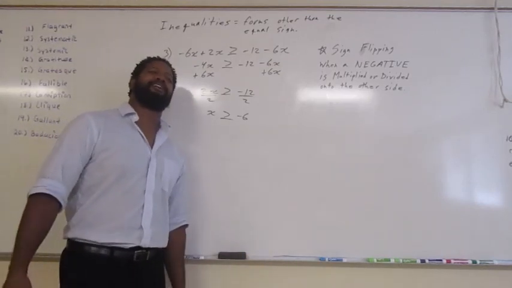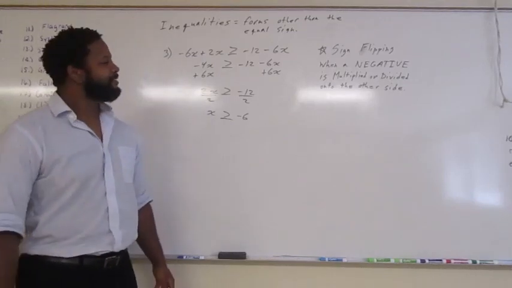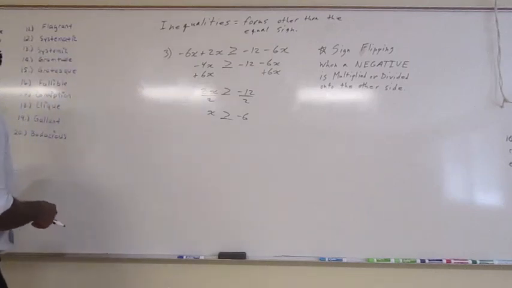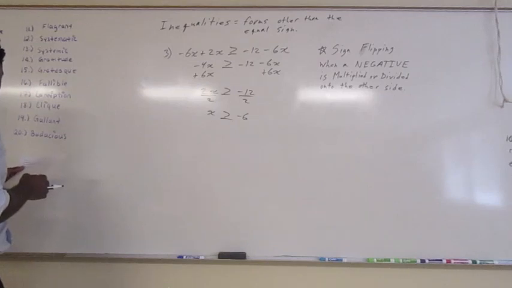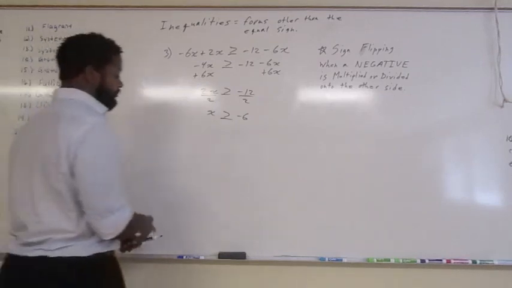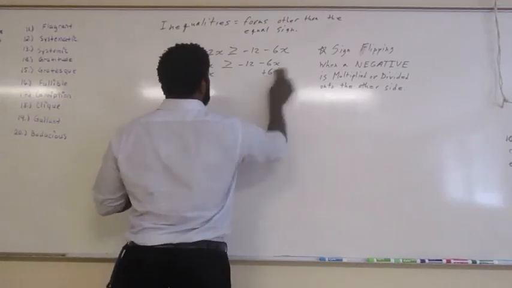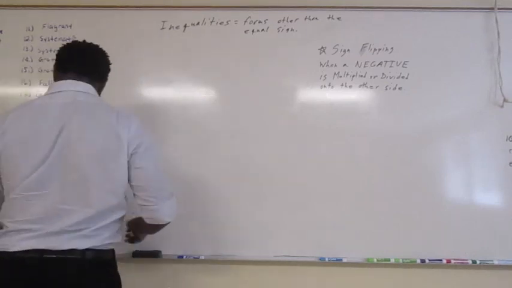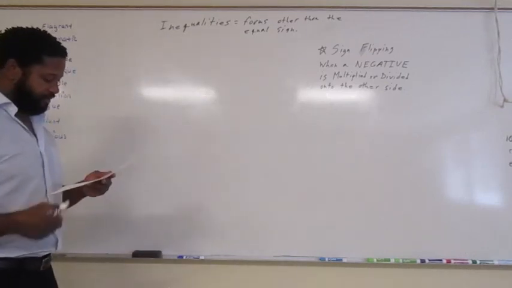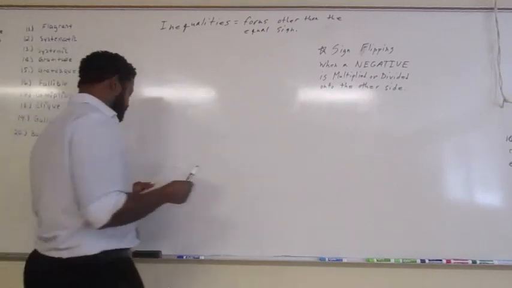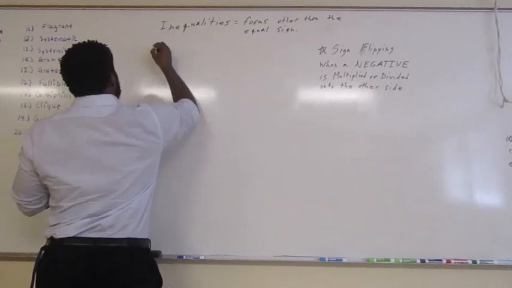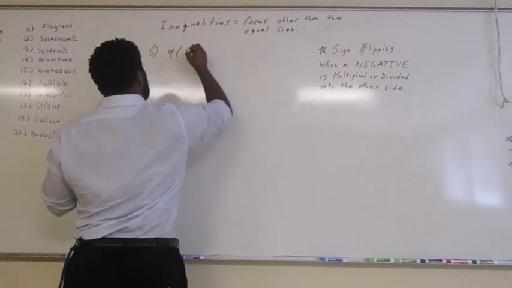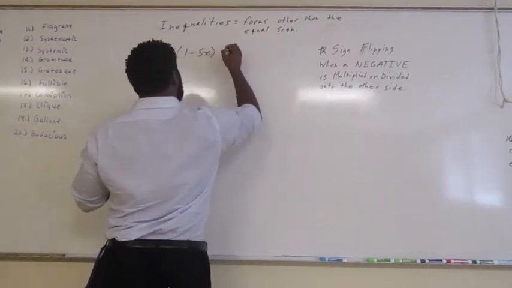So number 2 would be the flip thing. Want me to do number 2? I was going to move on to 5, and number 5, I know either number 5 or number 7, you're doing the same thing. It's number 5. All right. So look at number 5. We have 4 times 1 minus 5x is greater than